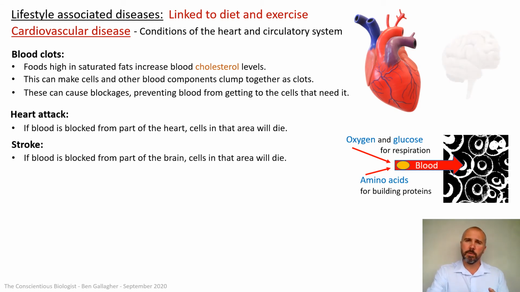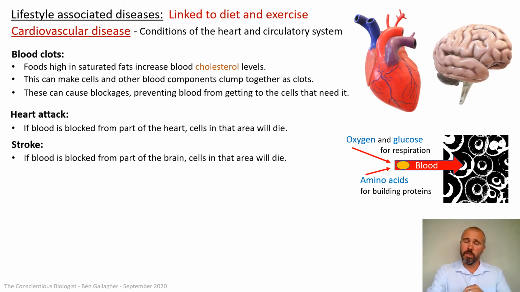And it's exactly the same with a stroke, but a stroke is about the brain. It's where the blockage, a blood clot or whatever, is preventing blood from getting to areas of the brain. If bits of the brain die, that's when you have a stroke. So a stroke is where bits of your brain have died. And again, the bigger the area, the worse it is. So it could be a whole area that affects speech. So people lose the ability to speak. They lose the ability to walk or move or whatever, because the brain controls so much about you.